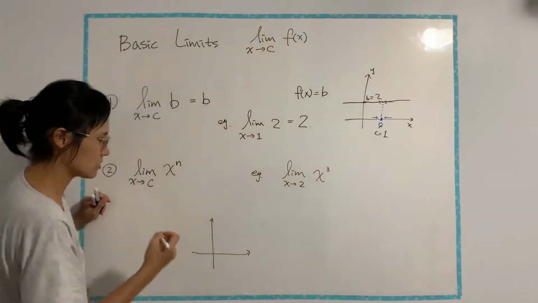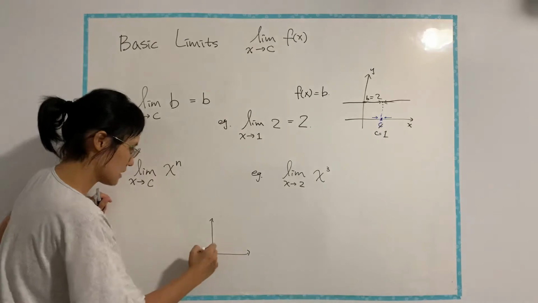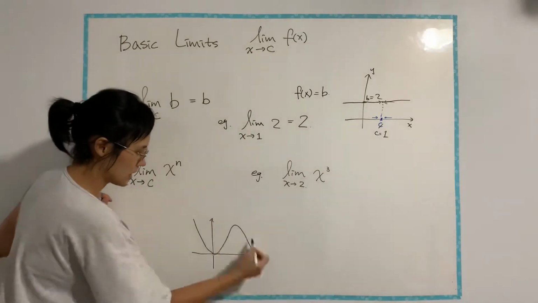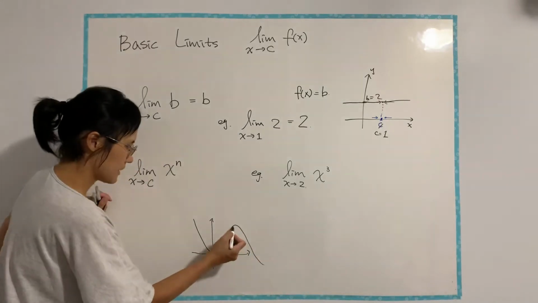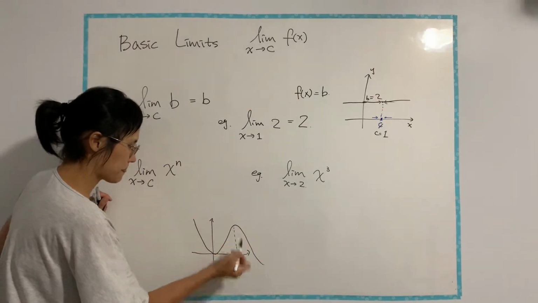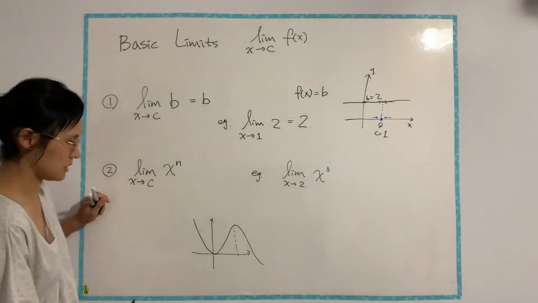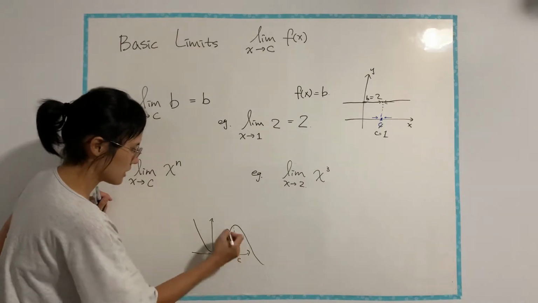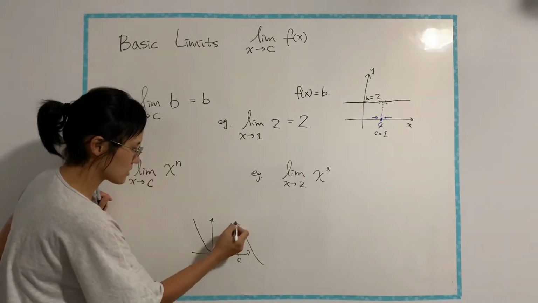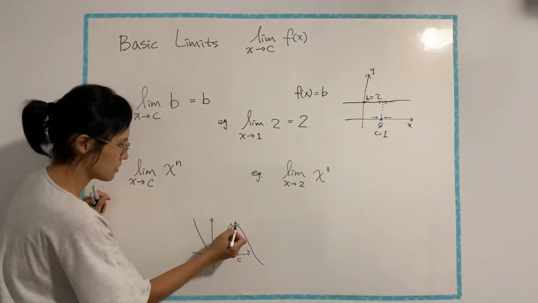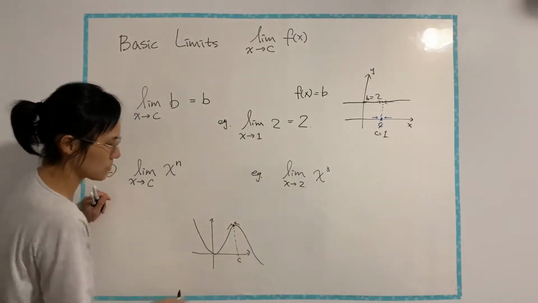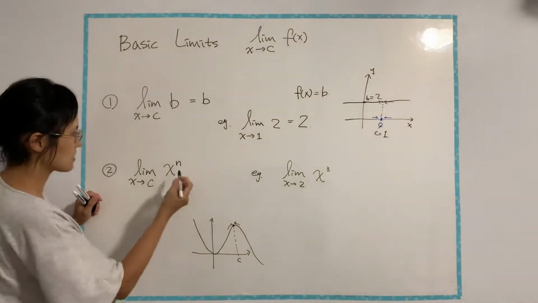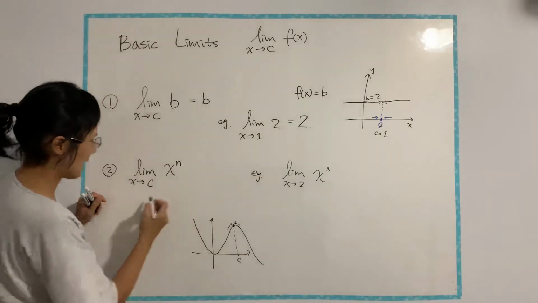We'll discuss continuous functions later, but it's like the graph goes all the way through, okay? And a very important property about continuous functions is that when we take the limit, letting x approach c, you can see the limiting value would be the same as the function value at c. So what does that mean? That means in this example, I have